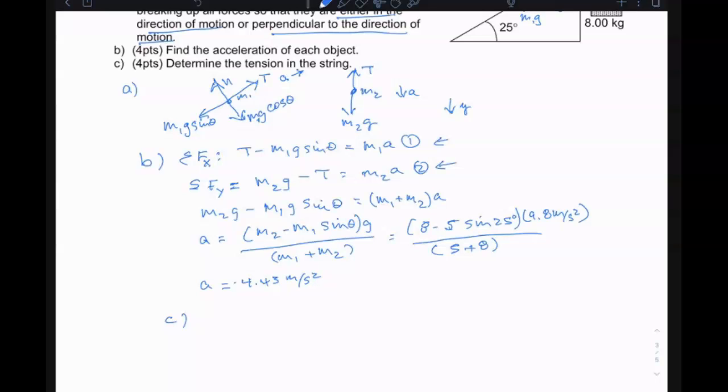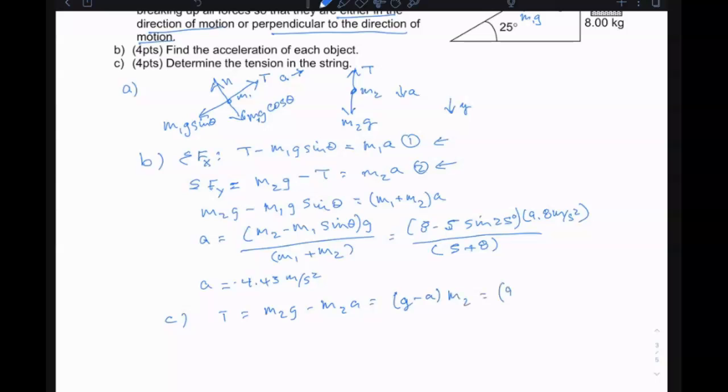Equation 2 looks simpler, so I'll rewrite equation 2 as the tension is equal to m2g minus m2a, which is equal to g minus a times m2,